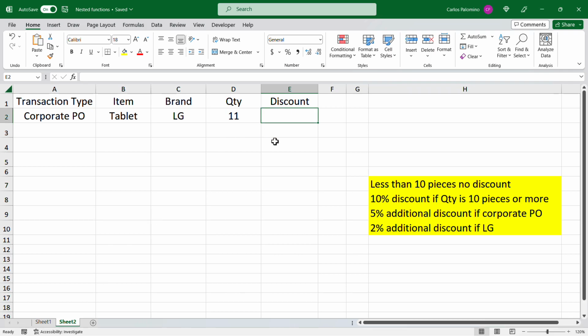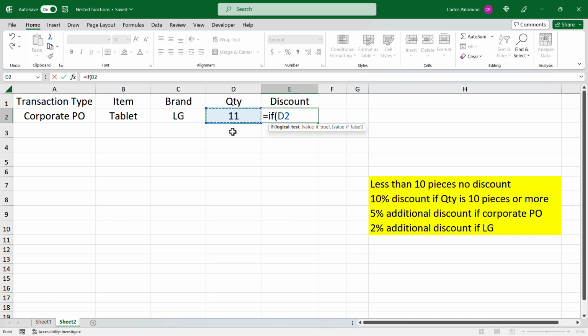Select cell E2, type equal, then the function IF, and open a parenthesis. The first condition is minimum 10 pieces. Select cell D2 greater than or equal to 10, comma, then we will add a nested IF function in the true value. Open a parenthesis. If the transaction type is corporate PO, then we will have an additional discount. Select cell A2